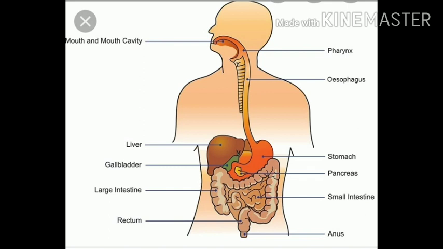Whatever food cannot be digested in the small intestine will come to the large intestine, and in the large intestine all the water gets absorbed from the undigested food, and what is left will be in the form of feces, waste products, and then that waste will pass from your body through the anus. The last part of the digestive system is known as the anus, and through the anus whatever waste product is there will get released out from your body.